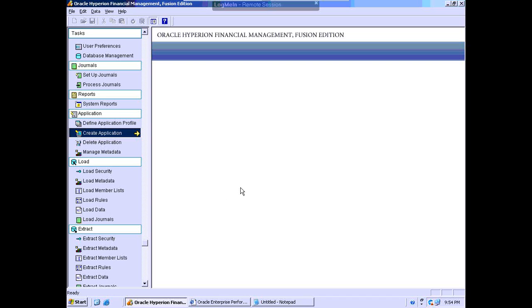We are loading the data at the level of base level members, and we know we can't load the data at the level of parent. If you would like to restrict the data at the level of sales or base level members, you can do that using the rules. So what is the purpose of a rule? If you would like to restrict the data at the level of